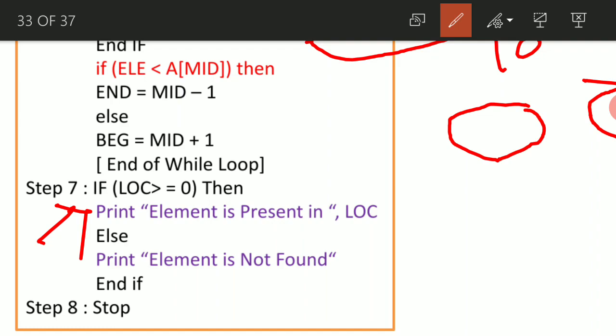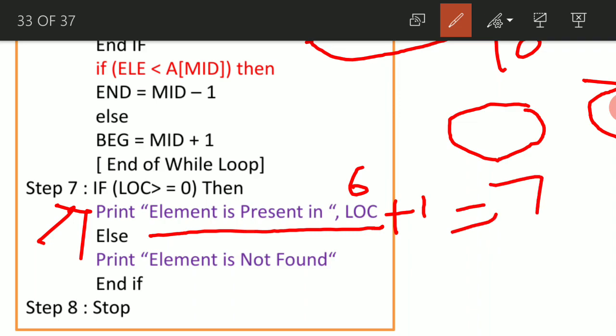I already told, if the location value is changed, then we found the number. Then the element is found at location. If you write location, your answer is going to be 6. If you write location plus 1, then your answer is going to be 7, because it is in the 7th position.